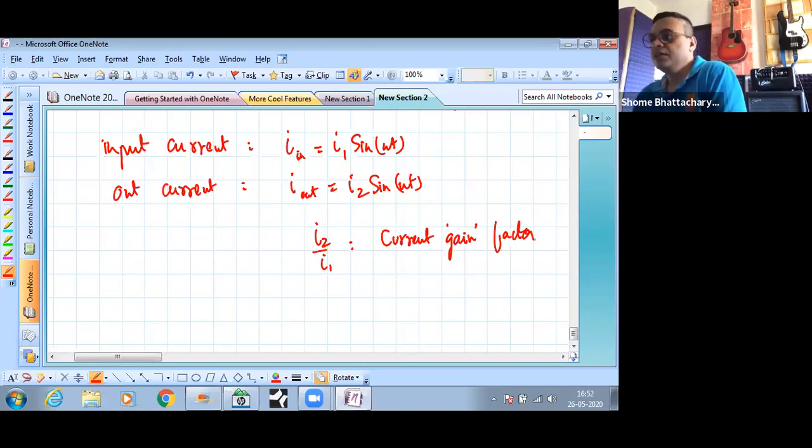So typically in amplifiers in electronics, we talk about voltage gain and current gain, and that is what these two mean. That the amplifier circuit consists of an input